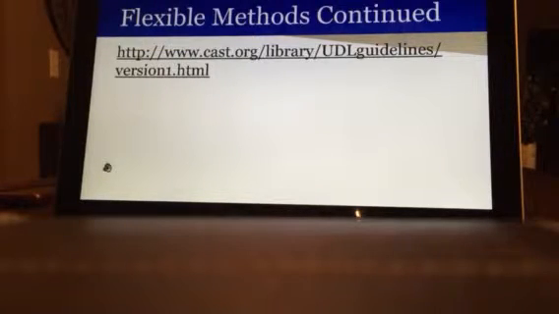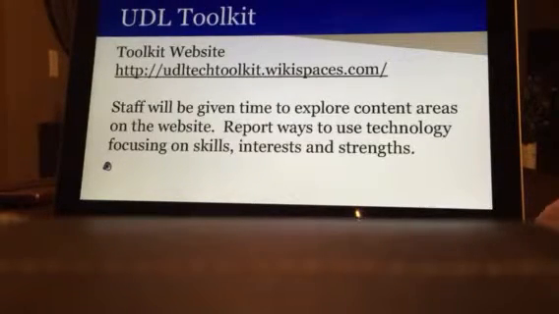And just quickly show them those and let them explore a little bit on those three different strategies of UDL, because those are the important backbone of the strategy. At this point in the